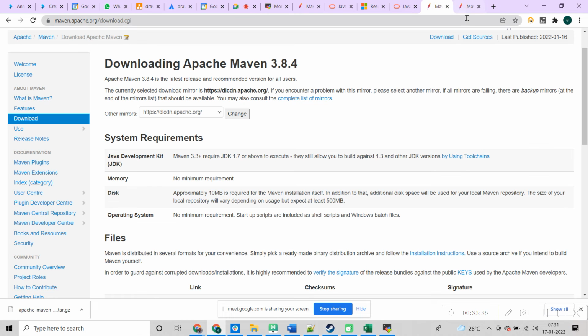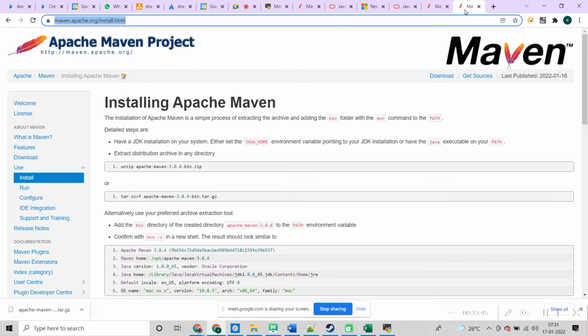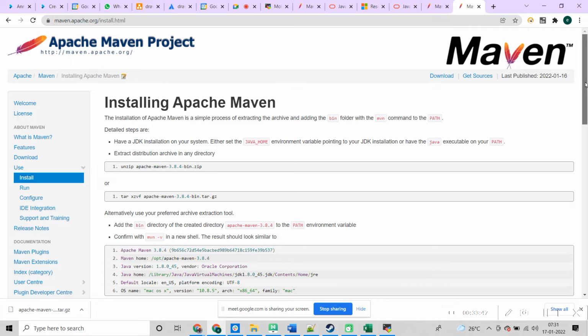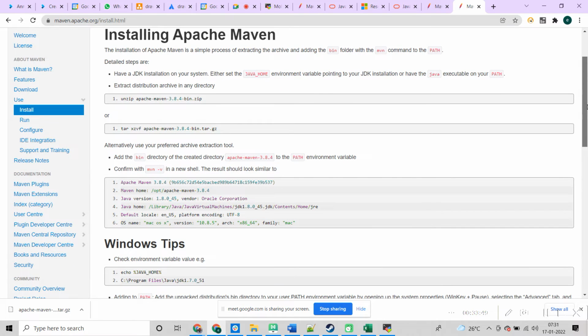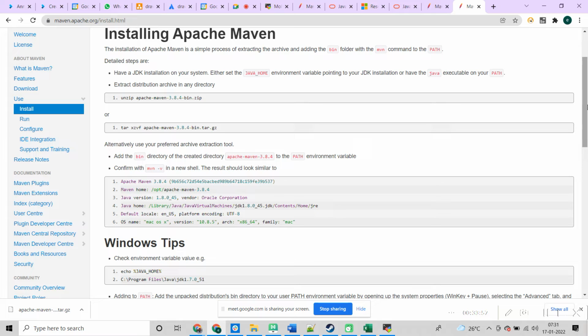If you're not able to understand, let the software download first, then after that we'll perform these steps. Sir, it is downloading as a zip file, I have to unzip it. It's okay, you just unzip.